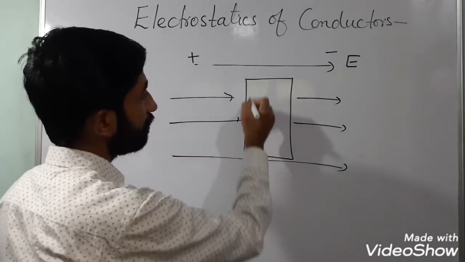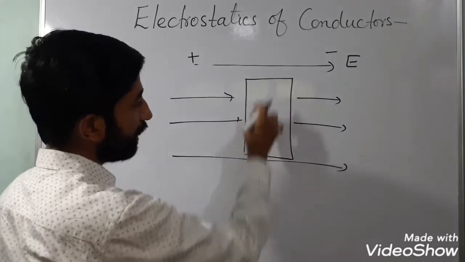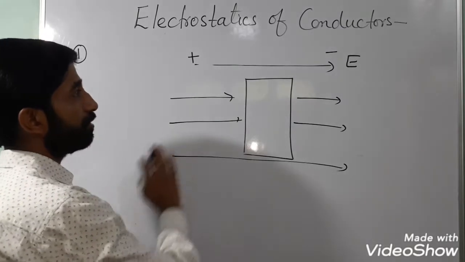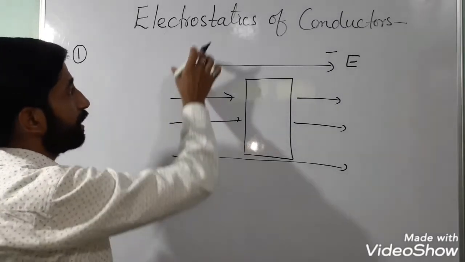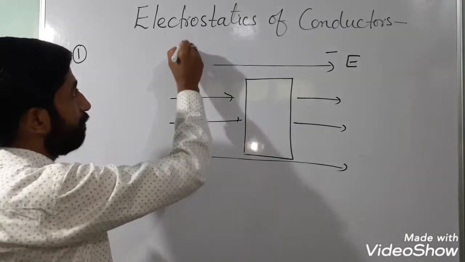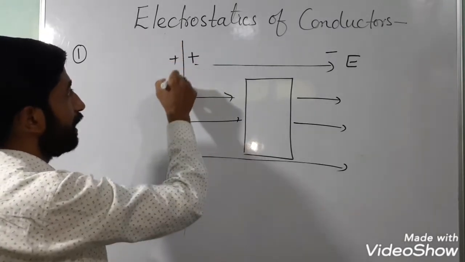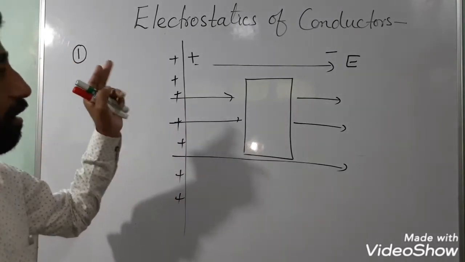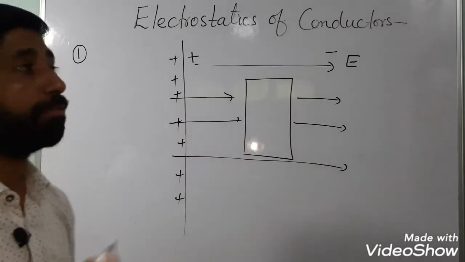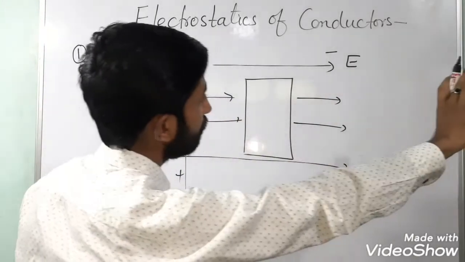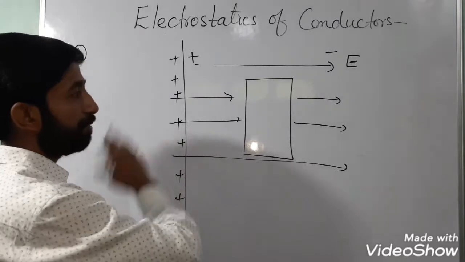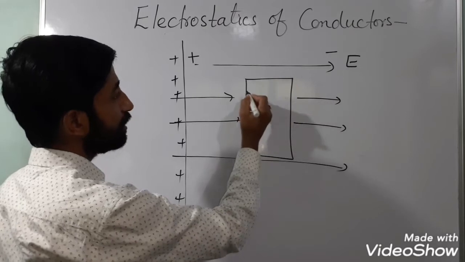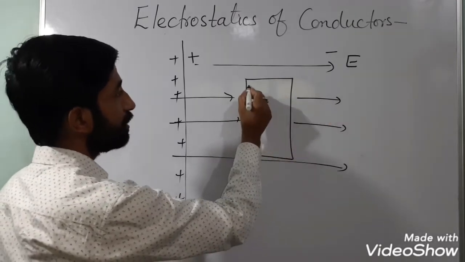So the electrons roaming randomly inside the conductor are attracted by the positive side of the field. Why am I calling this the positive side? When you are producing this field, there must be something in the background which has a positive charge, so that the electric field is produced away from it. That's why the direction is taken this way, and this is the positive background. So all the free electrons start coming towards this region,